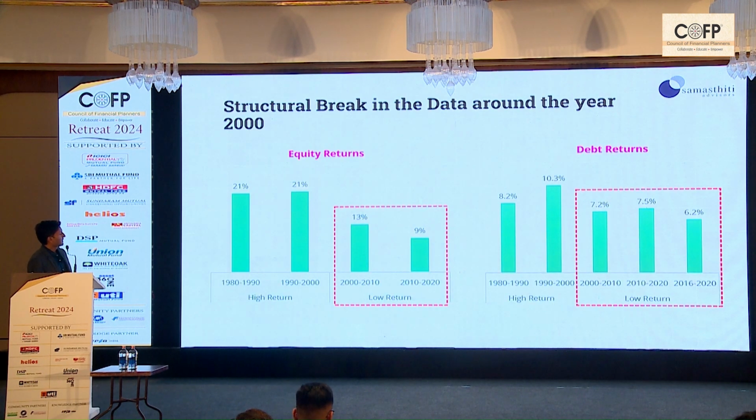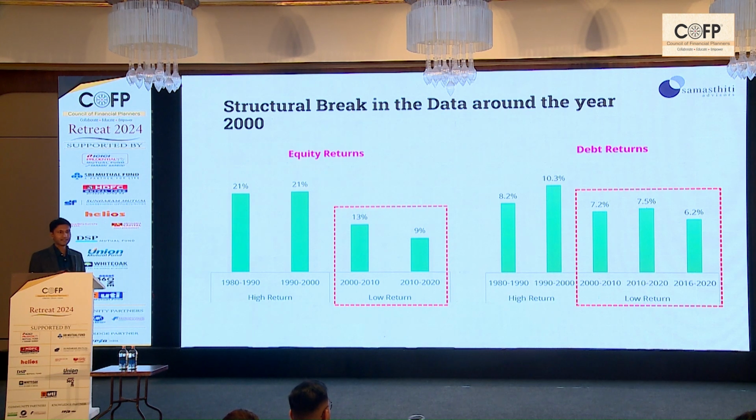Now, the problem statement before us was that we cannot use returns from 1980 onwards because those returns are super inflated. So what returns can we use? We looked at decadal growth in returns. We looked at how the equity market has done in different decades, and how the debt returns have done. And a very interesting picture emerges.